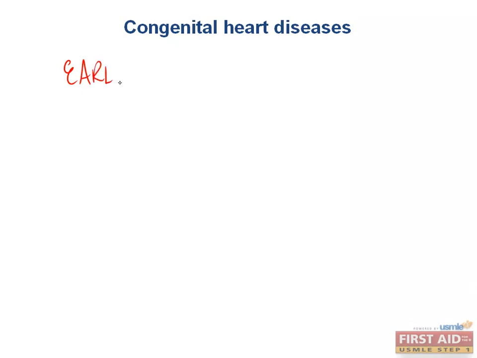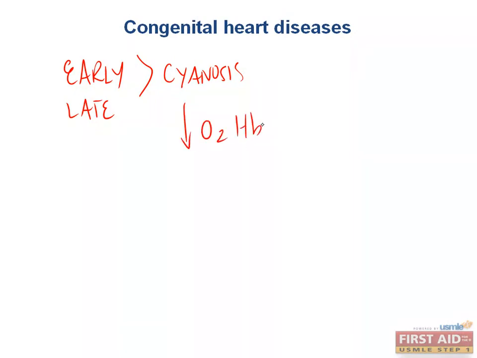You have your early cyanotic lesions, and then you have your late. But we keep talking about this term cyanosis. So let's discuss a little bit of what cyanosis is and why it occurs. It is because we do not have enough oxygenated hemoglobin, so low oxygenation of hemoglobin. Now, in physical exam, where do you look for signs of low oxygen in the blood, and what would you see? Well, you look at highly vascularized tissues that have a really high velocity or fast blood flow and a